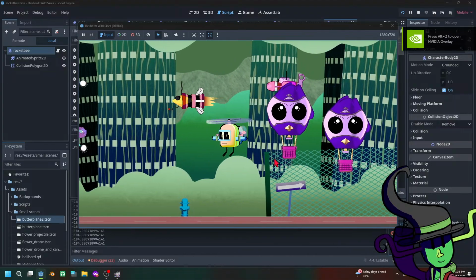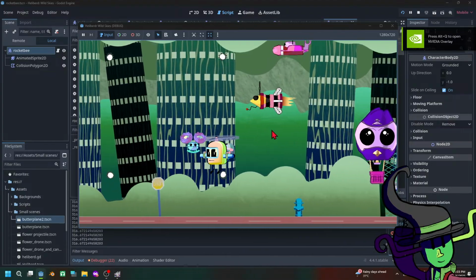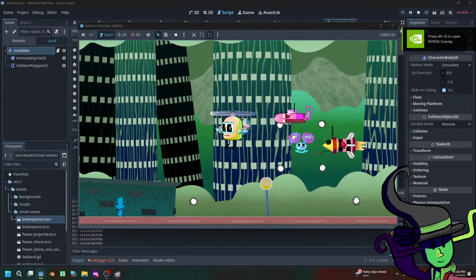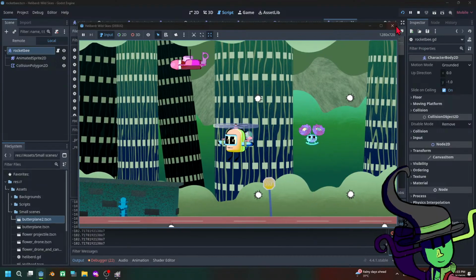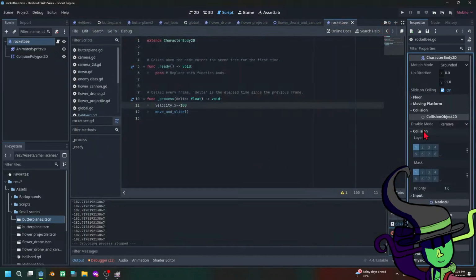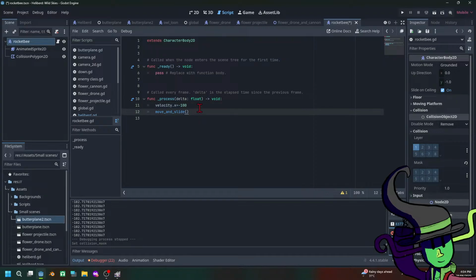Yep, that works. Alright, look at that. This thing's flying now. And I think, oh wow, that's... Okay, I also need to change the collision here maybe. Or maybe I'll just get rid of the masks for this one for now. Alright. So now